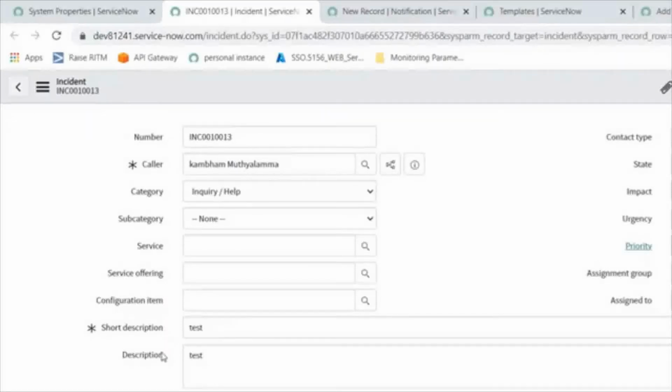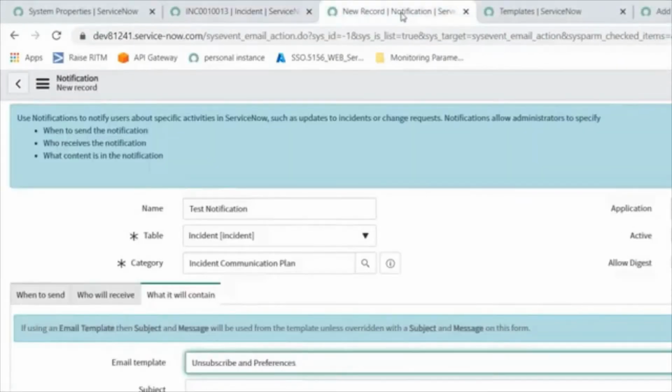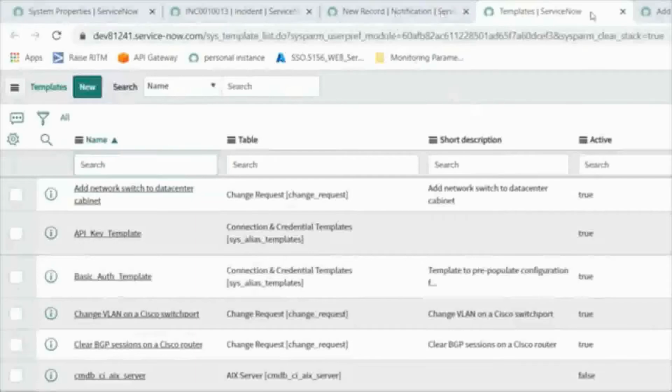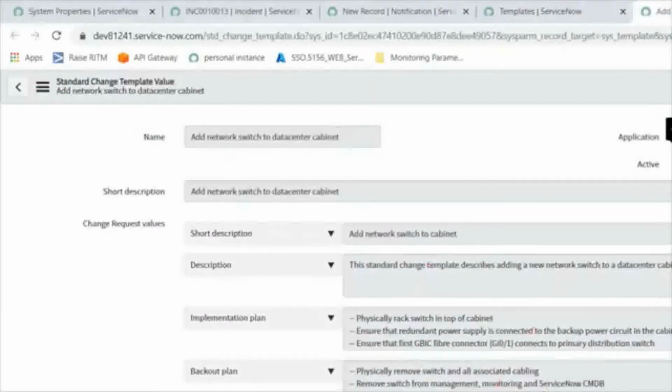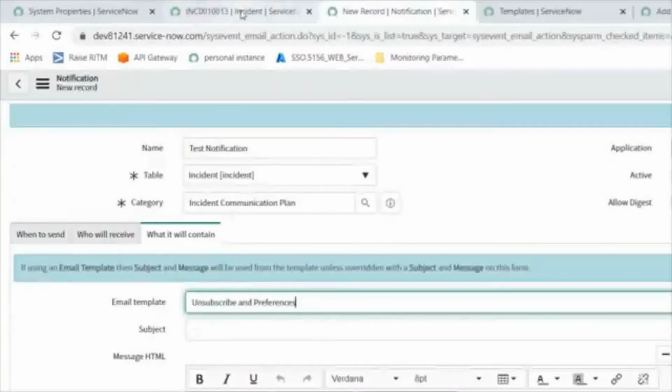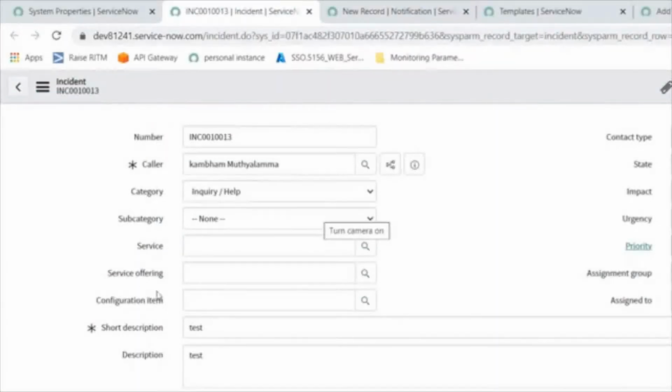Let's create. This is the template. Oh, I'm talking about the template, right? Let's open one template. This template is about the payload. What payload values do we need to send? These are the values we will send in the payload, written in a dynamic way, in XML code or in JSON format.